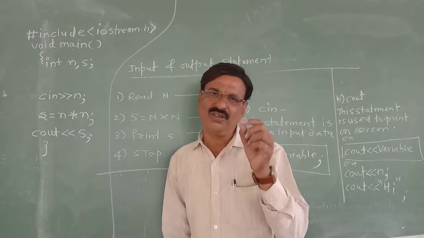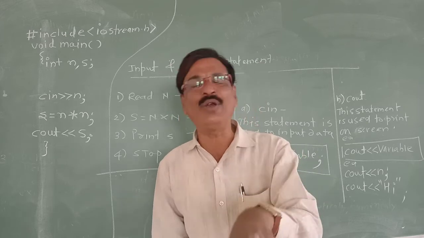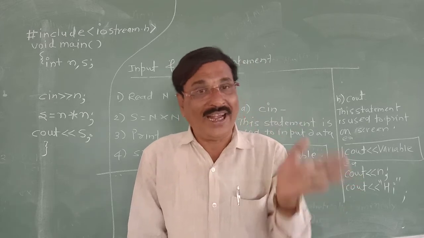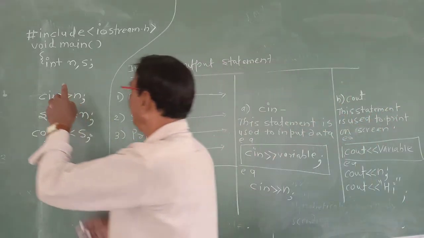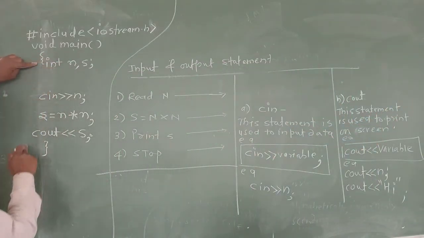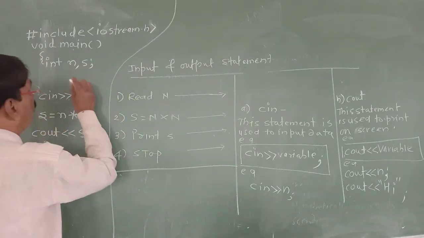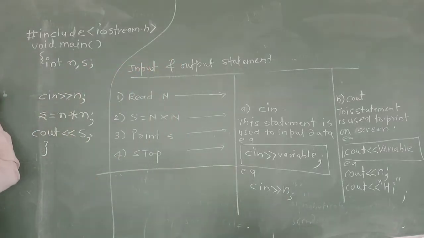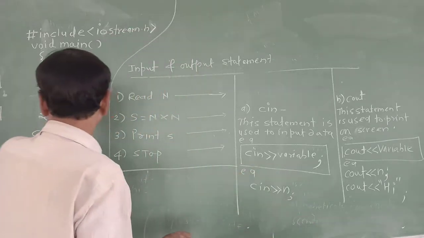Now we must test the program. By executing it we can test. That is runtime. So when runtime begins, this will be followed, obeyed and executed by the computer. It will declare two variables. Thus two memory locations will be reserved, n and s. These two memory locations will be empty after variable declaration.